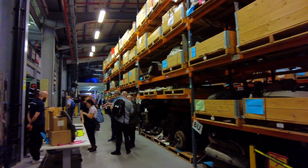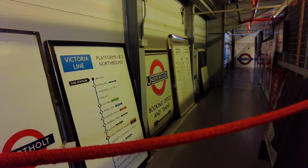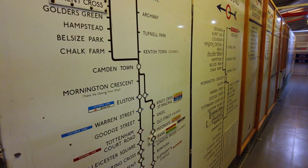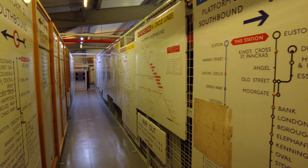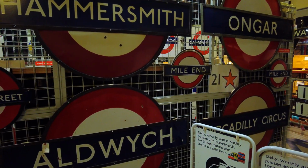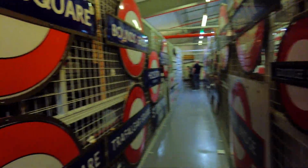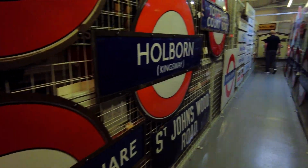There are racks and racks of artifacts in here. Let's go up onto the mezzanine floor. This is a collection of signs. Northern Line, Metropolitan Circle Line, Victoria Line. Look at all of these. Leicester Square, Trafalgar Square, Holborn, Tottenham Court Road, Bank,